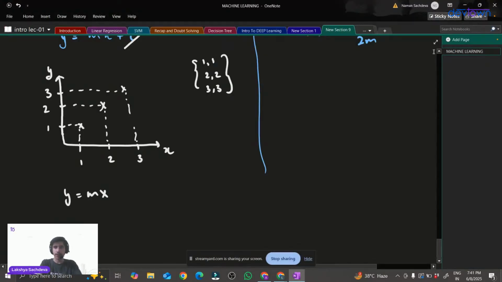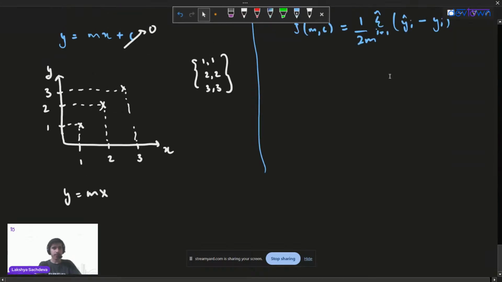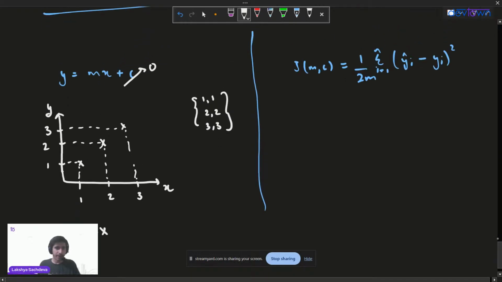So we were here right now. Yes, sir. Let me just repeat it once again. We have taken some random data points: 1 comma 1, 2 comma 2, 3 comma 3. Now I have plotted these random data points on our graph. Now I have to create a best fit line using this equation. How can I create a best fit line? Suppose in this case, I have taken C is equal to 0.